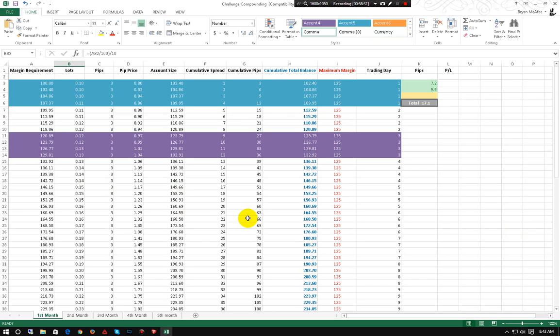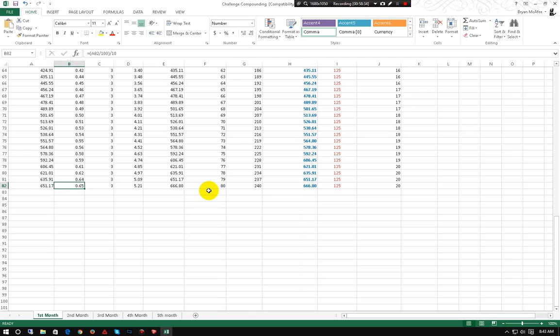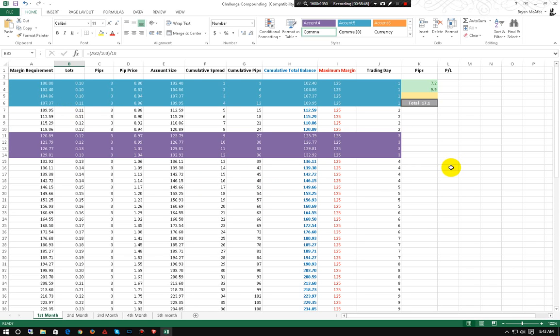Okay, so everything on this page is doable. This is a perfectly fine way to aggressively grow your account. It's a perfectly fine way to put some stress on you when you're on demo to try and stick with a small account and grow it. Because if I'm guessing right, most of y'all are going to open up with a small account and try and grow it. This is going to give you the guidelines on how to grow it. Again, like I said, I will adjust this. I just haven't figured out how to adjust it yet. This is a good guideline. It gives you plenty of breathing room.